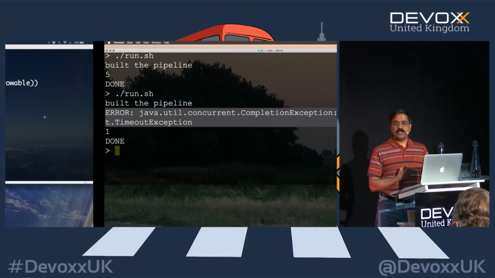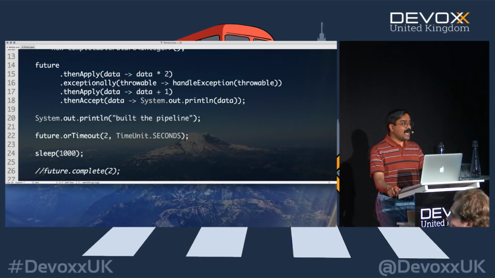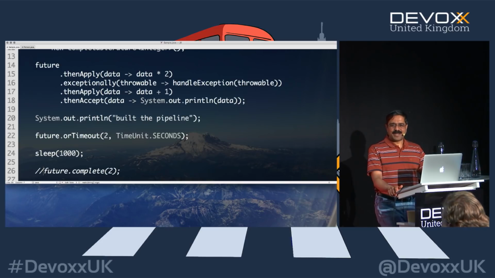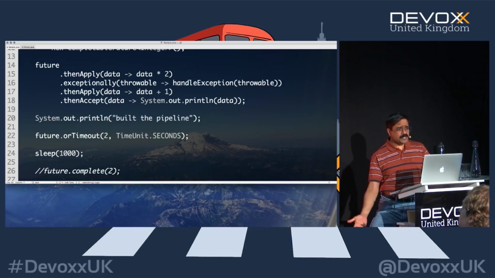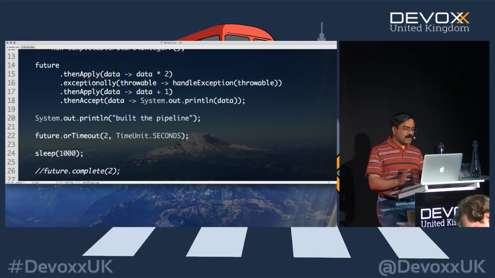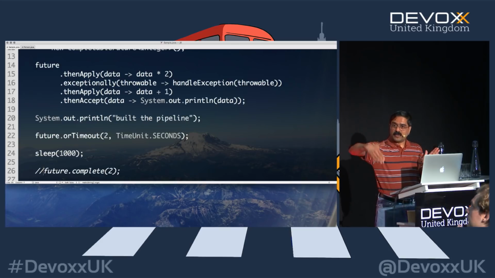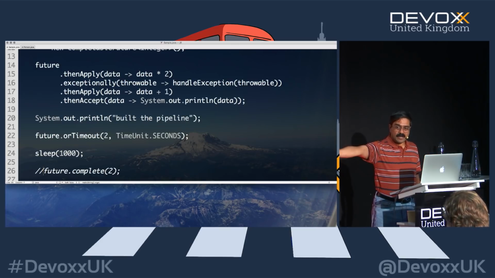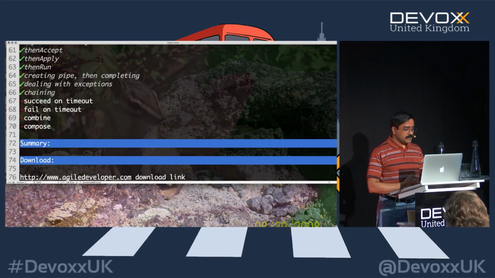So those are 2 new methods added in Java 9. Java 9 introduced completeOnTimeout and orTimeout. They didn't say exceptionallyOnTimeout, but in this case, it's just orTimeout. So completeOnTimeout lets you resolve at the end of timeout. orTimeout lets you blow up on timeout. And then afterwards, it goes to the same chain of evaluation through either handling errors or going to the then. The same rules apply that we talked about earlier.